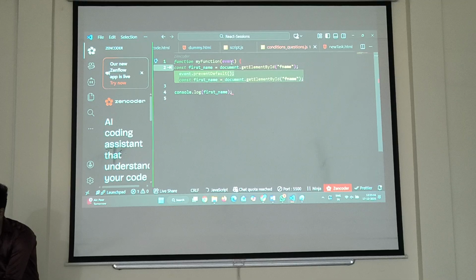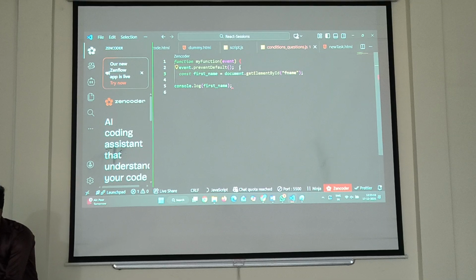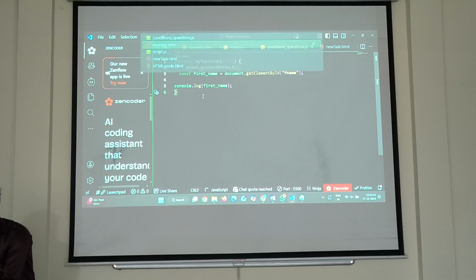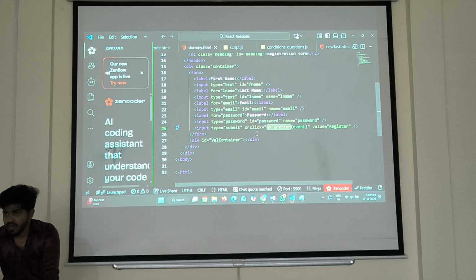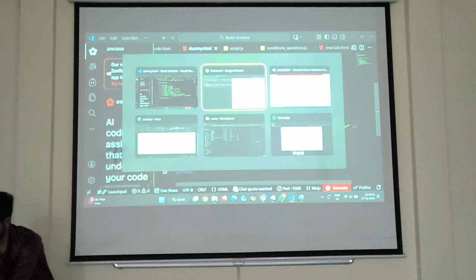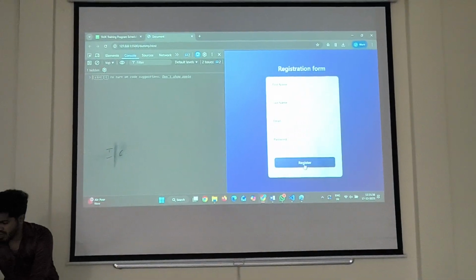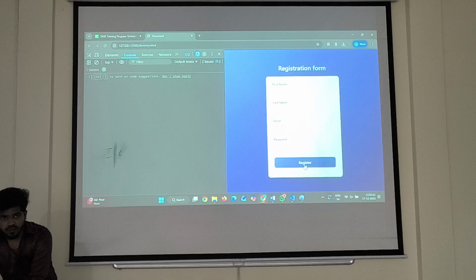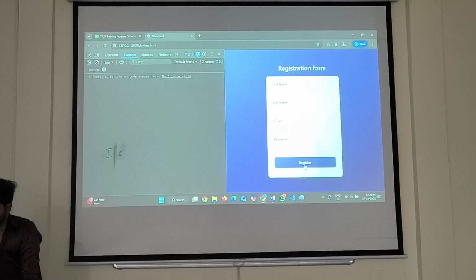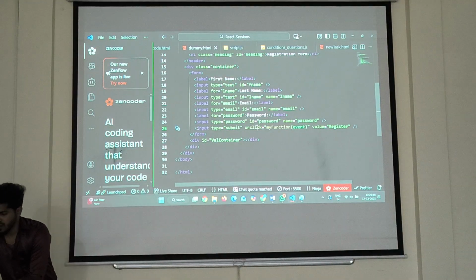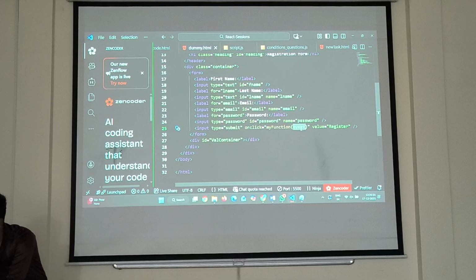Function name, and I am giving the event as a parameter. What is the need of the event here? To capture that I am clicking on the button, that is the event. While I am clicking, that is one event. I need to tell the script the user is clicking the button, so I added the onclick and pass the event here. Okay, without the event,